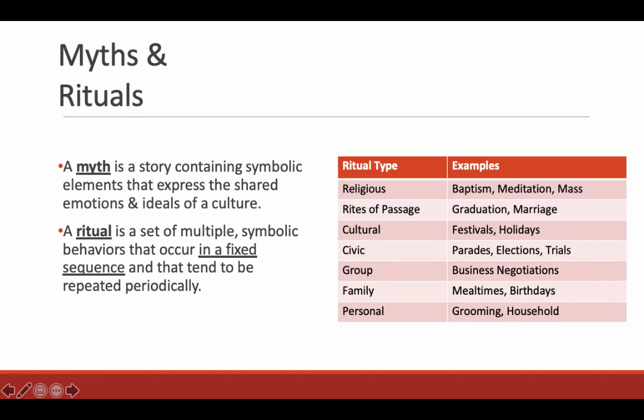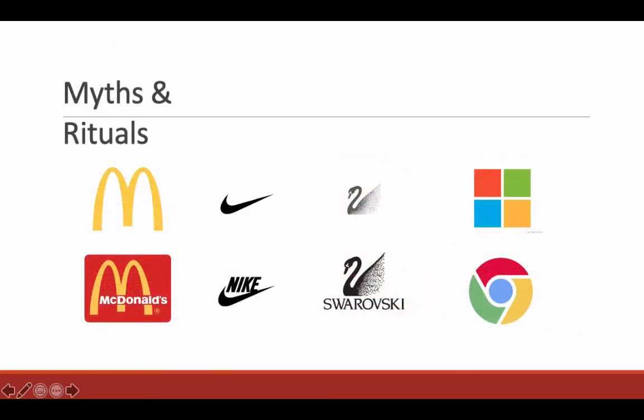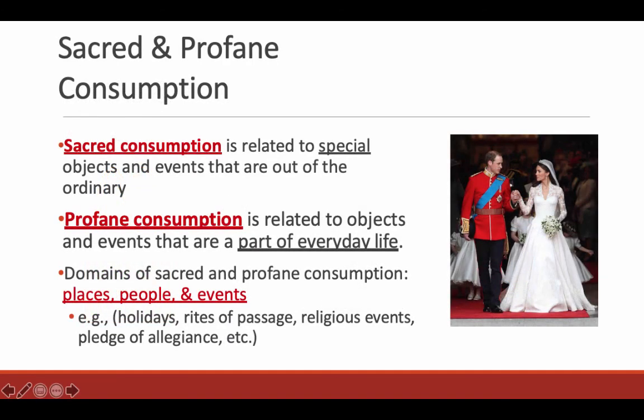And that's why in your journal you have your assignment to read up on another tribe, a specific daily ritual of the Nacirema tribe, because it talks in detail about their daily rituals, and that way you can compare them to your daily rituals and see if there are any similarities or differences. And it's really up to you to see if you see them or not. But I'll tell you, most successful companies have a historic basis. Their logos or their overall name is often based on a myth or a ritual. So there's a history behind it, a story behind it.